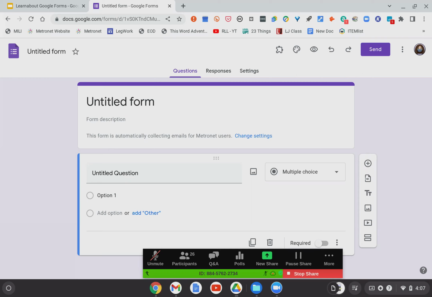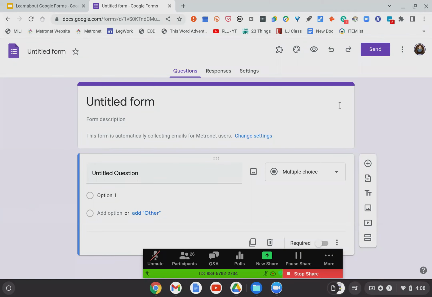I know that they're used quite often for exit tickets. So if you need final feedback before someone leaves the room, that's a good way to do it. I'm trying to think of other most commonly used. And then I know a lot of teachers who use them for quizzes because you can turn this into an actual quiz or test as well, which I will be touching on shortly. So this is your basic Google form.